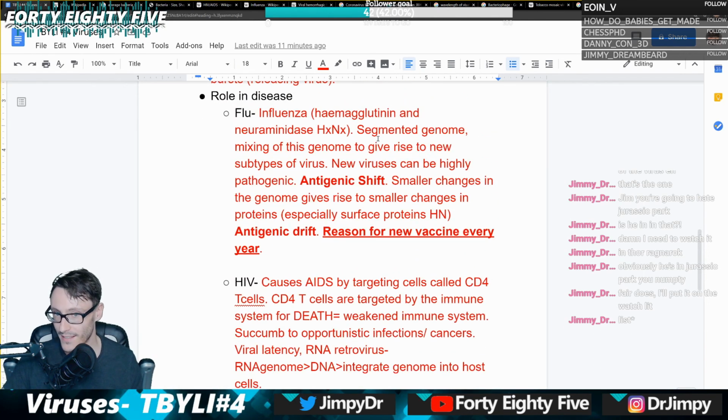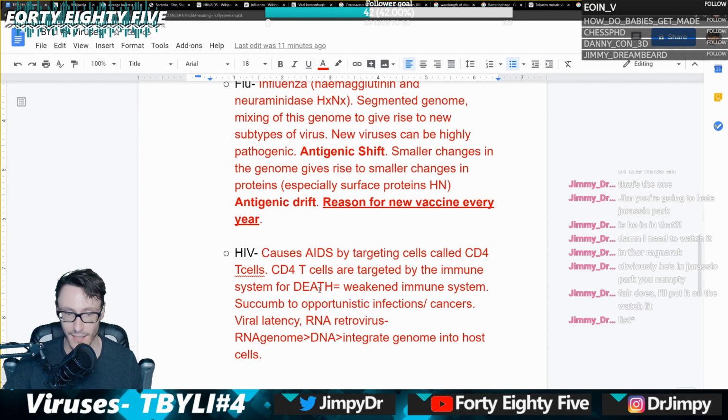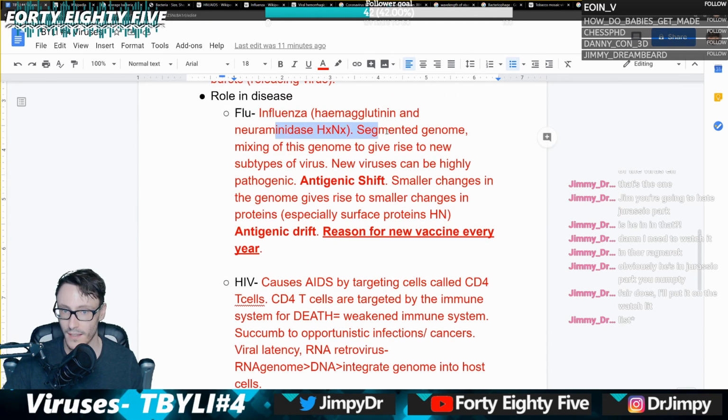Viruses have multiple roles in disease. This is just a couple of things that we've decided to look at. Influenza: the biggest thing about influenza is it has the segmented genome that gives rise to antigenic shift when you chop and change it. But the surface proteins of flu can also drift in their genetic sequence, and that gives rise to the idea that we actually need a new vaccine every year, because our